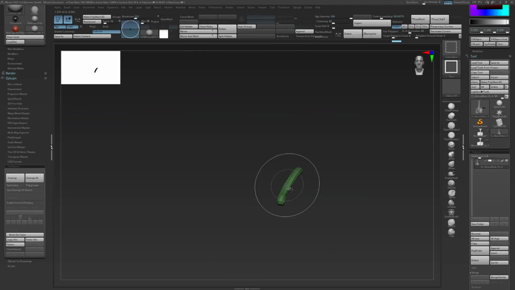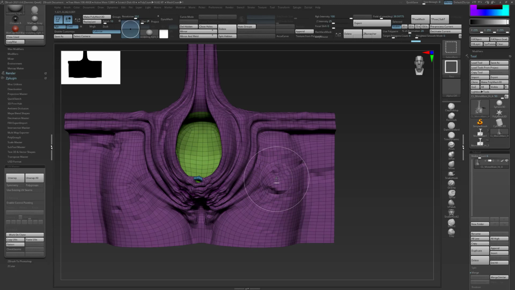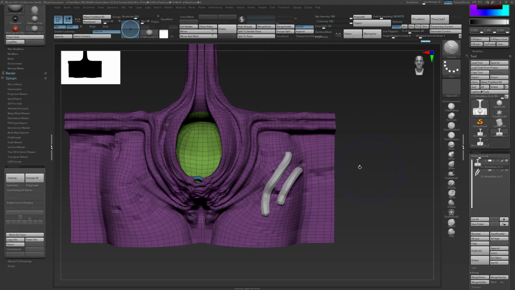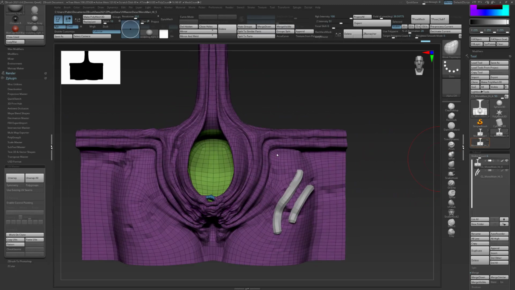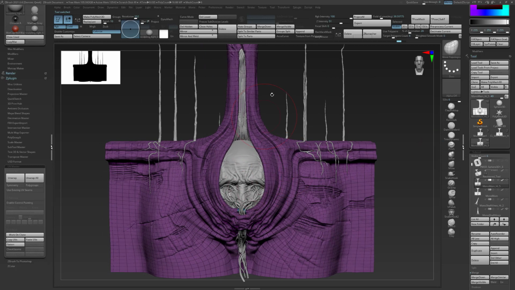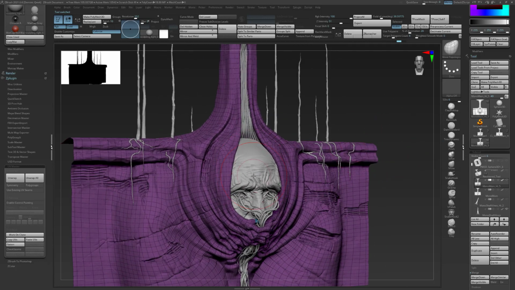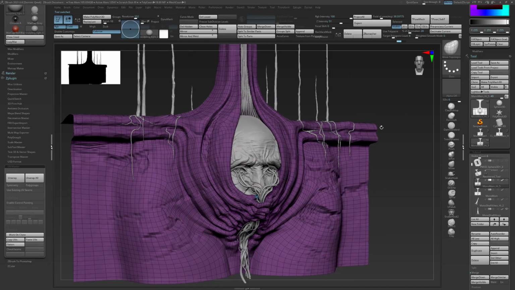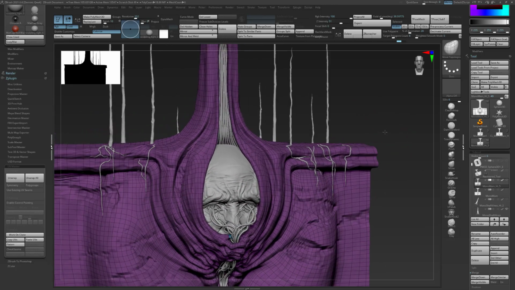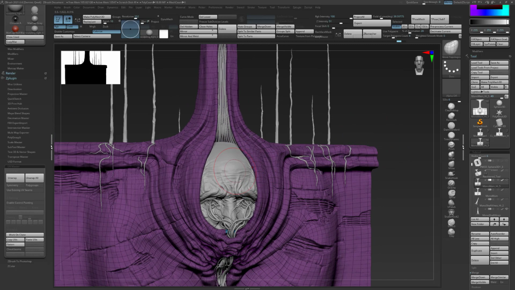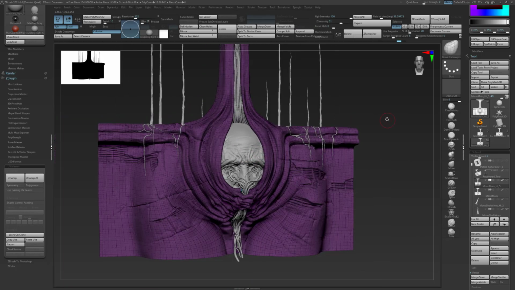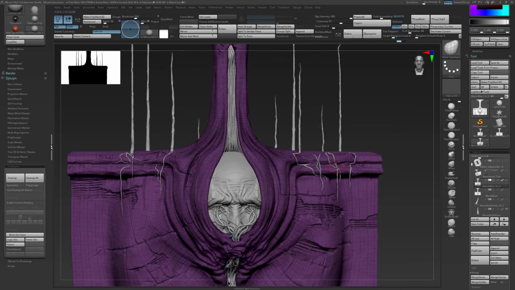And then you want to split those into a separate subtool. Right, so that was how I created this tube things over here. And for the head, it's pretty straightforward, just standard techniques like I demonstrated earlier, making sure you have good subdivision levels so you can sculpt in details. For the vines over here,